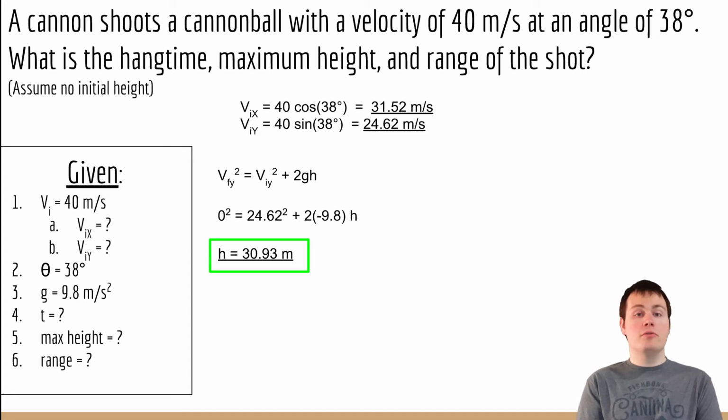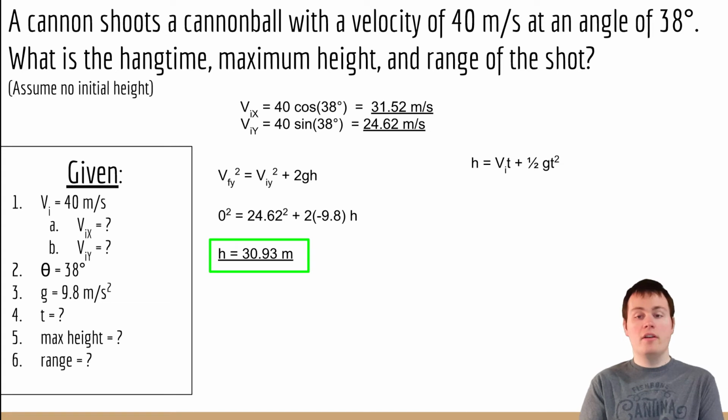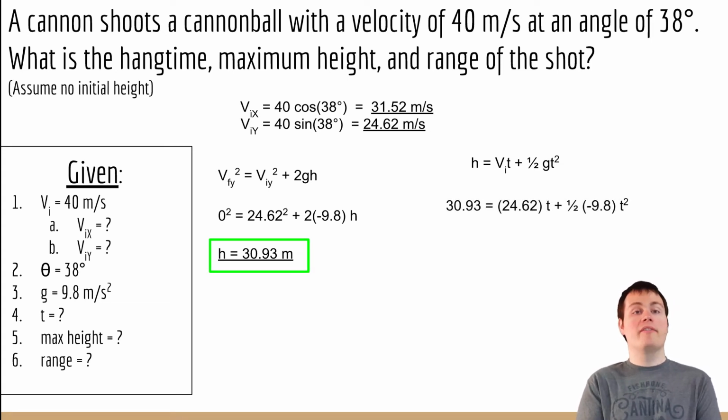Next, I found the total time that the cannonball was in the air. To do that, I use the equation height is equal to initial velocity times time plus 1/2 a t squared. In this case, we're looking in the y direction, so a is gravity. We know everything in here except for time, which when we plug everything in, we get a quadratic, which I know is a little annoying to solve, but when you do it, you get that the time is 2.5065